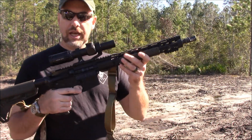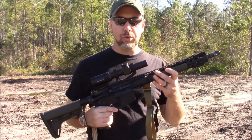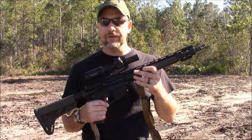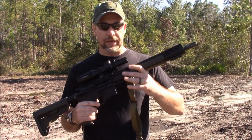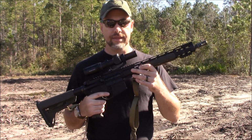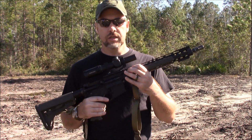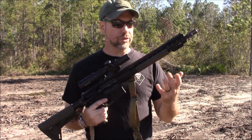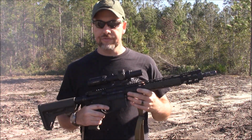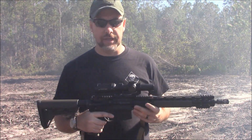It's an Aero Precision lightweight mount, and I'll be honest, I know this tweaks some of you guys, but with the etched reticle in here, I'm not even bothering with iron sights on here. I grew up on iron sights. I'm an iron sights believer, but at this point, the way the optics are, I just don't see the real world realistic use of throwing the irons on there. If the scope gets damaged, then the gun's probably damaged and I'm probably damaged. So